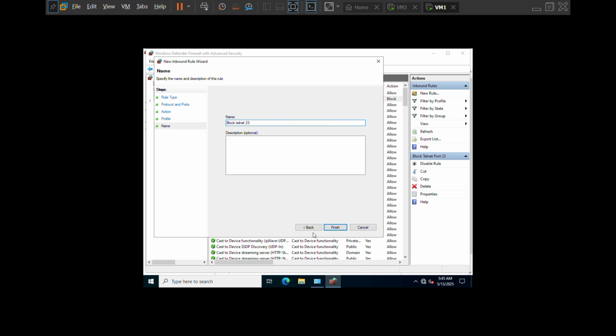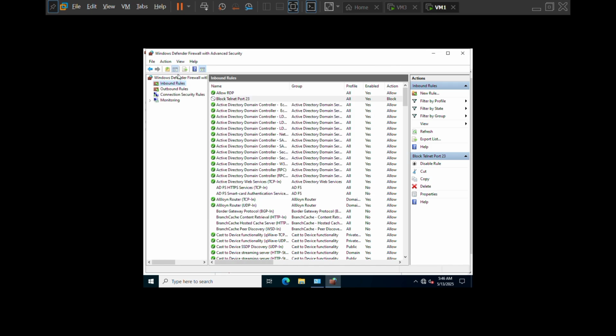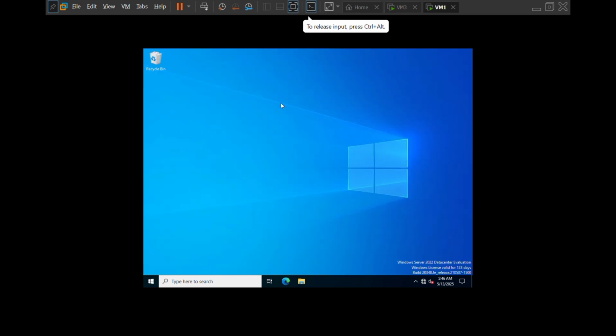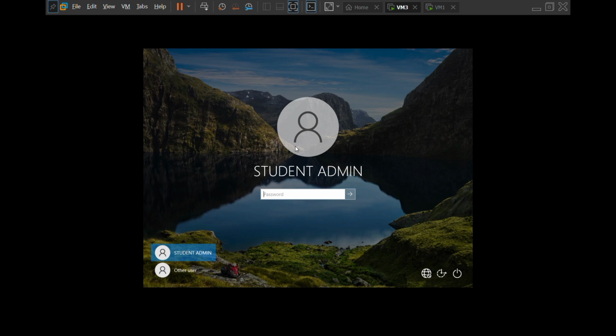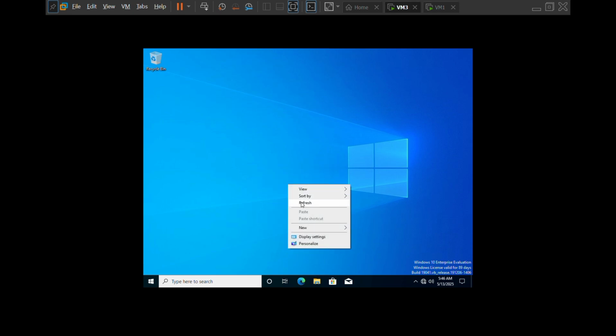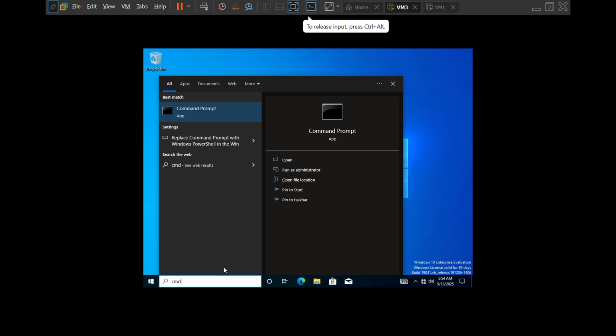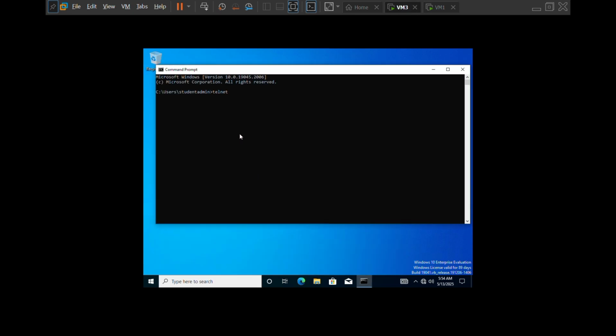So also, to verify your RDP connection, we use the student admin, with which we can use RDP or Remote Desktop in the client machine here, in the VM3. Also, you can test the Telnet connection to see if it's really blocked. We'll use the command here, telnet, then the address and the port, which is 23.